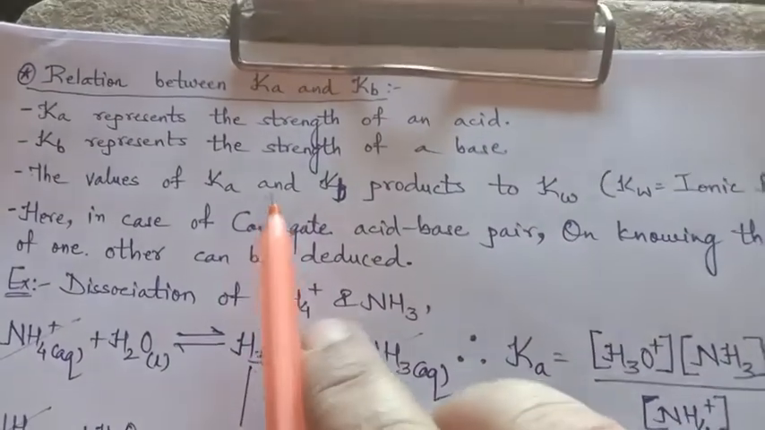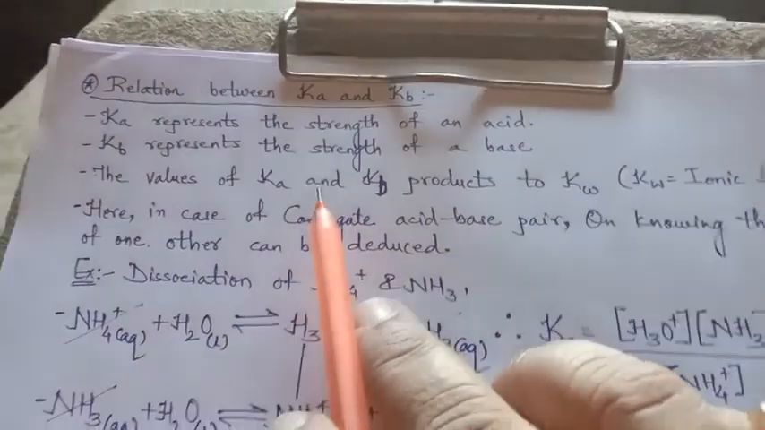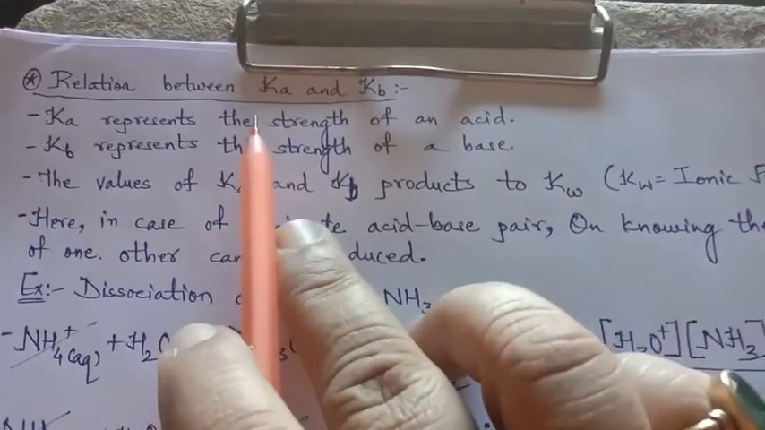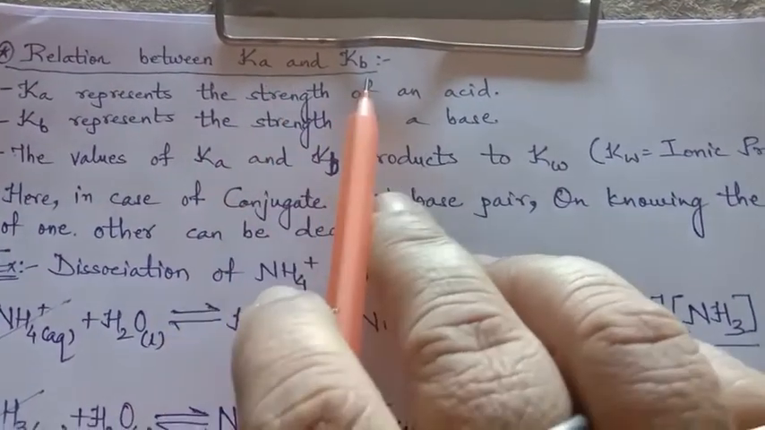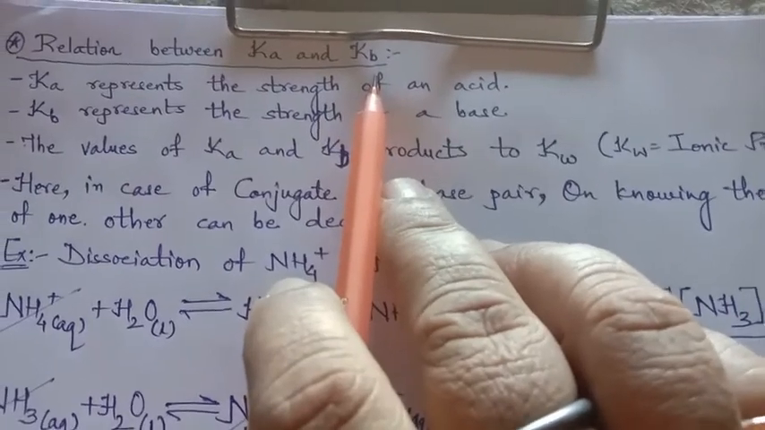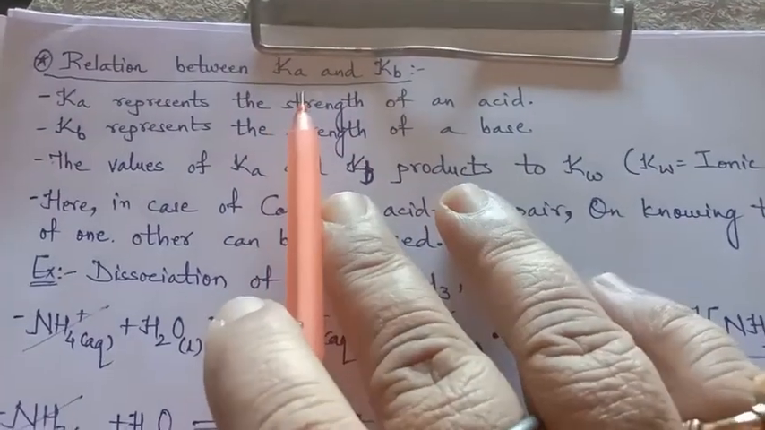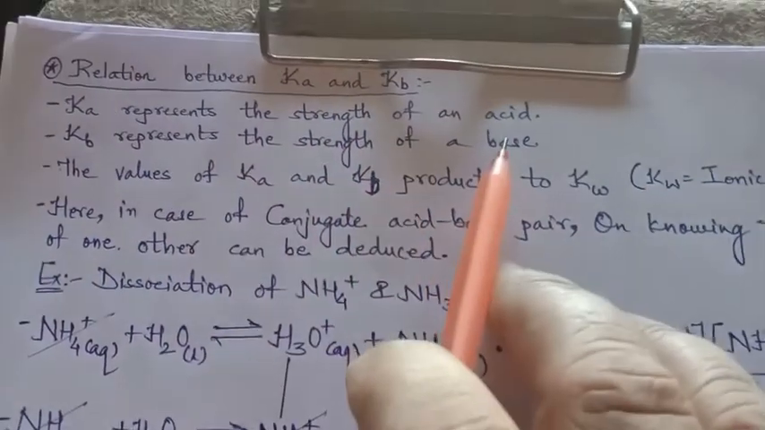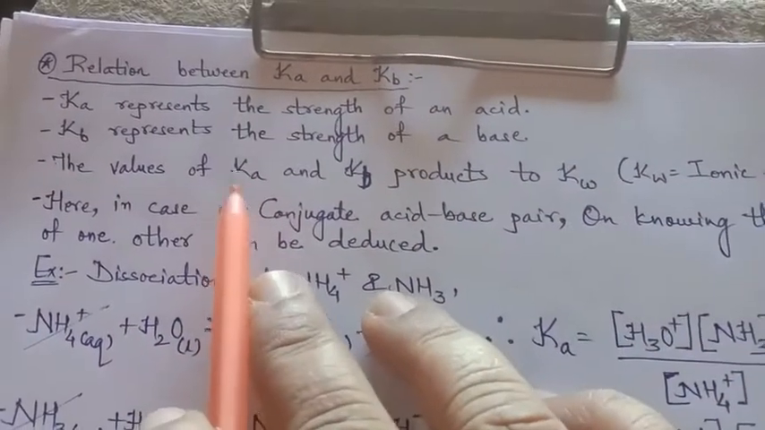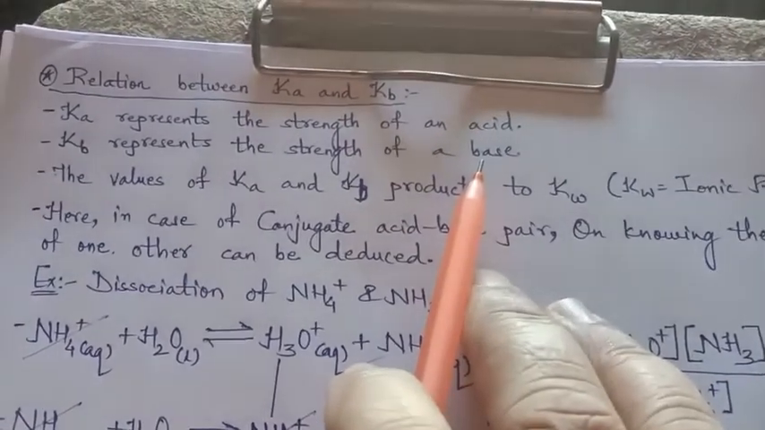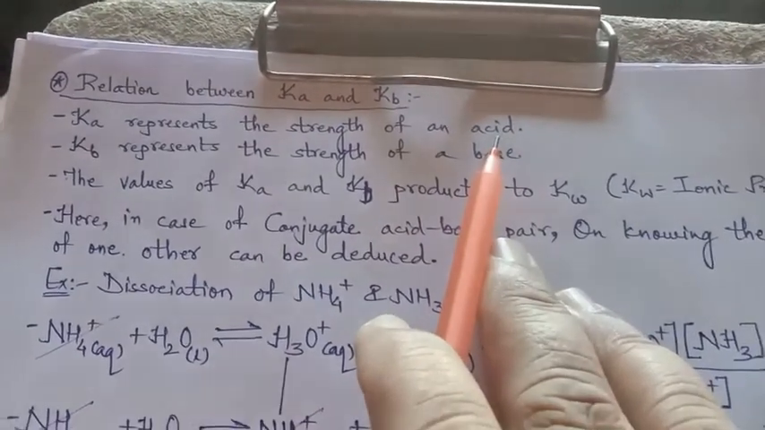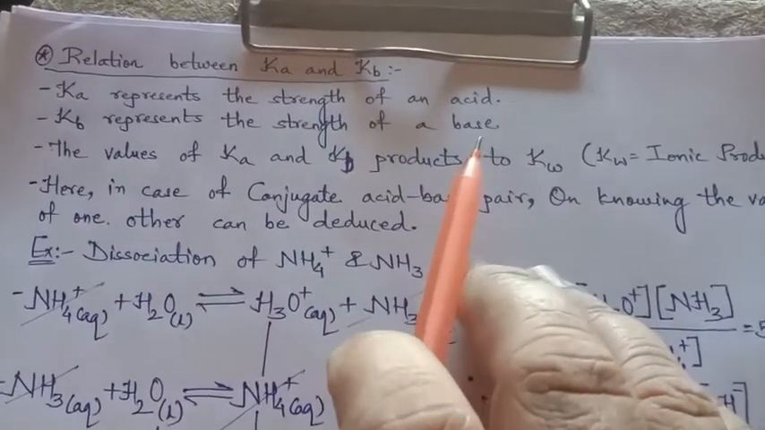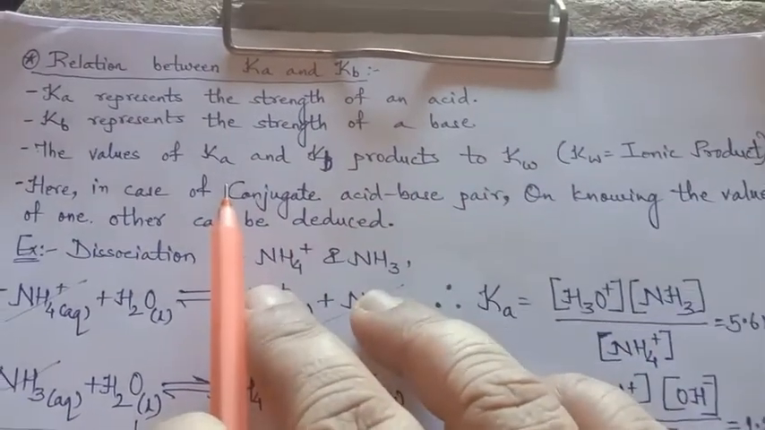Good morning, dear students. Now here is one more topic, that is the relation between the equilibrium constant of acid and the equilibrium constant of base, that is Ka and Kb. Ka represents the strength of an acid and Kb represents the strength of a base, that is how far the reaction of the solution is acidic and how far it is basic. The values of Ka and Kb